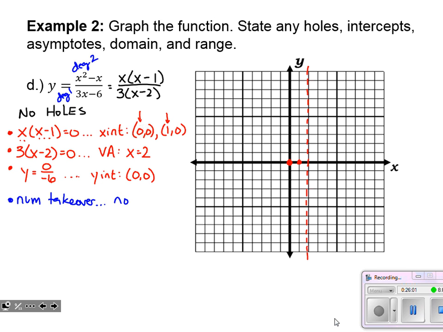That means there is no horizontal asymptote. Huh. Well, that's not the end of the world. We may just have some weird asymptote. We might have to plot a couple extra points in our freshman graphing to see what that graph is doing off to the ends, but no big deal.